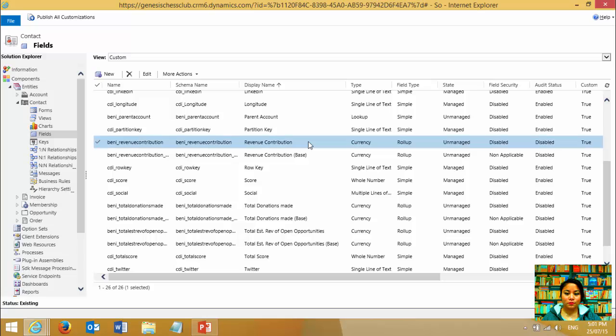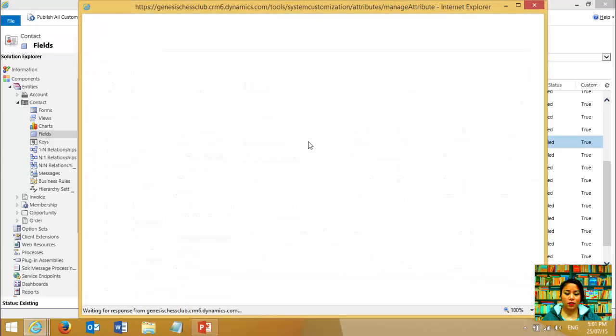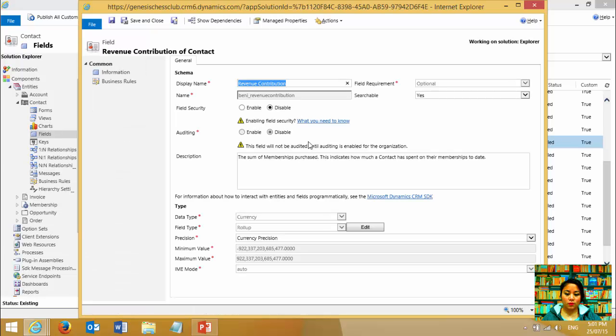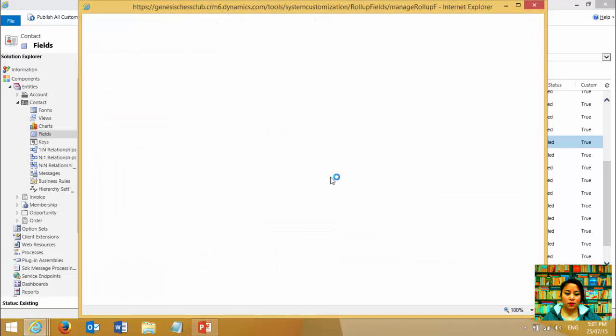Oh, here we go. So I've created a custom field against the contact record, and the type is roll-up, and the criteria behind it is